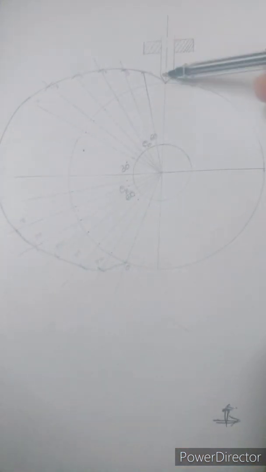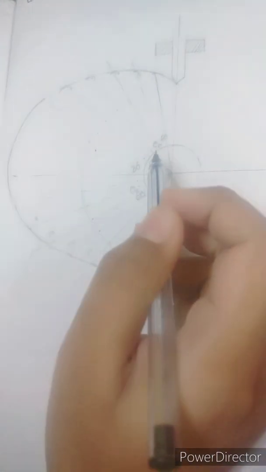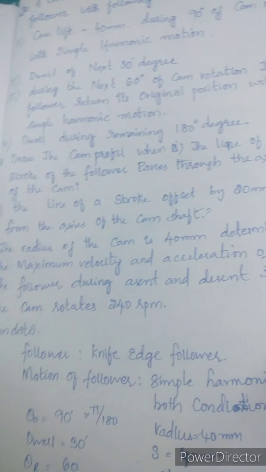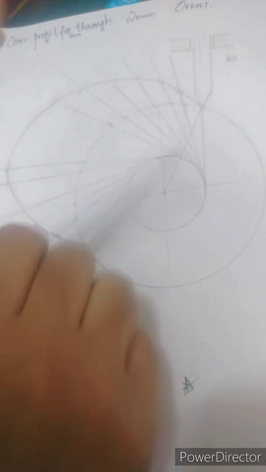This is a knife edge follower, this is the cam profile, and it is also divided. This is another thing we will discuss later, but I am just showing how the question will come and how you have to draw. This is the cam profile, and this is the offset follower, which is a knife edge follower only, and you are dividing all these things, the prime circle, all that stuff is there.